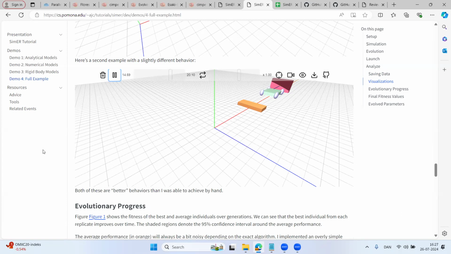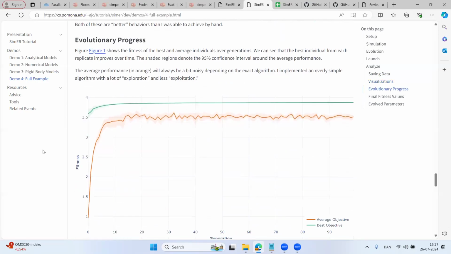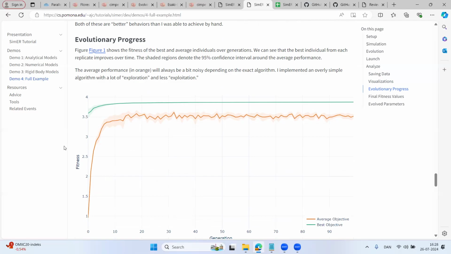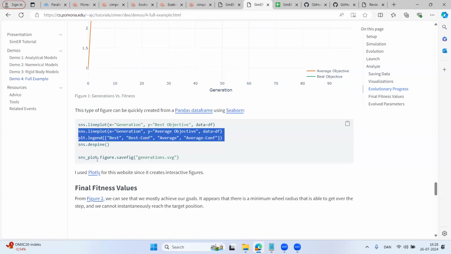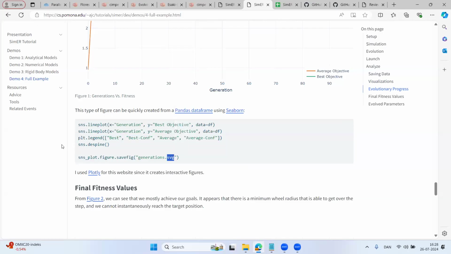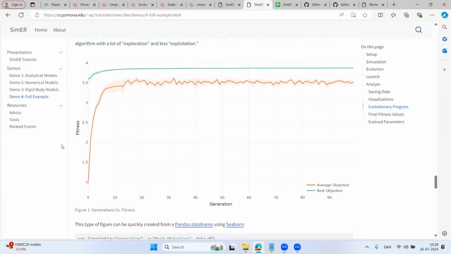It's worth tracking the behaviors actually. So if anybody's looked into behavioral repertoires, it'd be nice to plot exactly what kind of different behaviors we had. And then a bunch of plots that you've probably seen in 100 presentations if you've been to A-Life a couple of times. Plotting the generations is really easy with a library like Seaborn. It's actually just this one line of code that will give you a nice plot like we had above. The other lines here are just a little bit of styling, making sure I add a legend, and then saving the figure. I pretty much always recommend saving your figures as a vector format, just so you don't have to worry about scaling issues